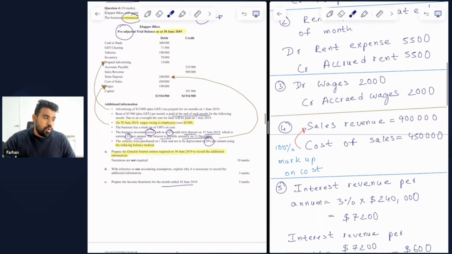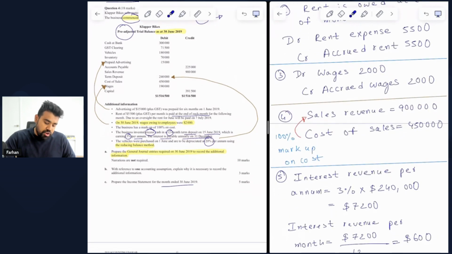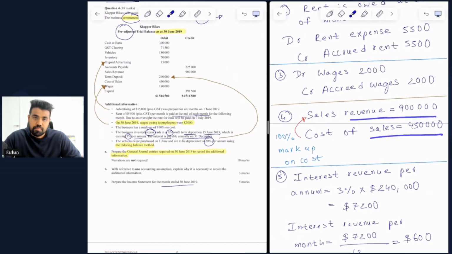Additional information number 4: the business has a markup of 100% on cost. Now, we do not really have any journal entry to do in this case, but let's understand what the question is trying to say. You can see in the trial balance that the sales revenue is $900,000, on the credit side. And then you can see the cost of goods sold, which is an expense, on the debit side. The sales revenue being $900,000 and the cost of goods sold being $450,000,